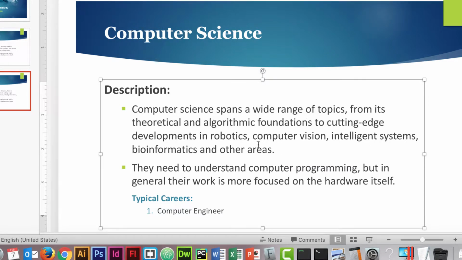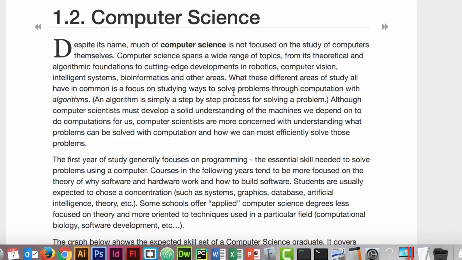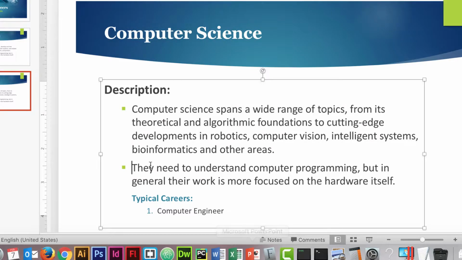So computer science spans a wide range of topics from its theory. It's a little wordy, but that's fine. That's what they have in there. And then I'll see if I can get another smaller one to add at the end. And I'm actually going to read that. See, you could actually read it and make some sense of it. And I'm going to copy this and then just adjust it a little. So I'll copy this line, and I'll go back, and I'll put it here,